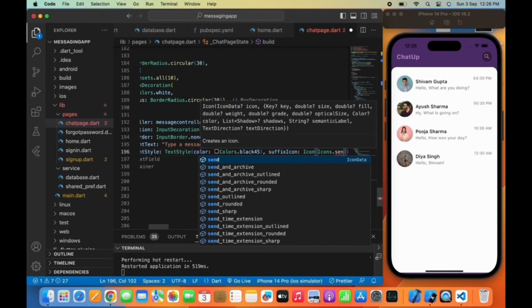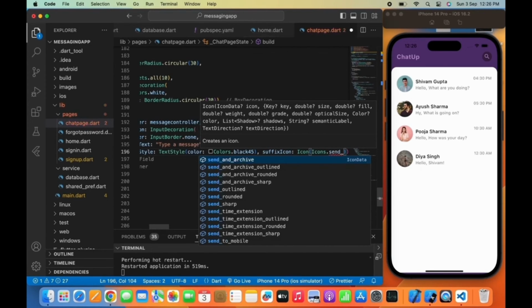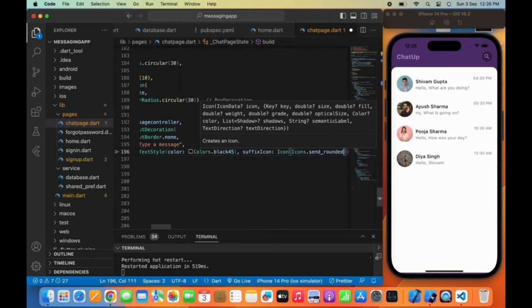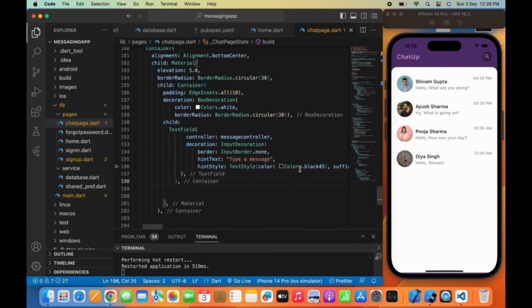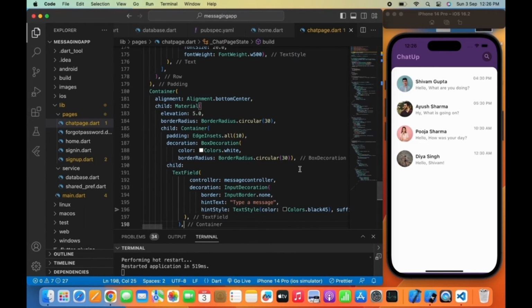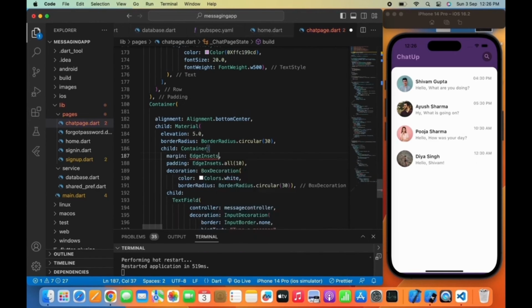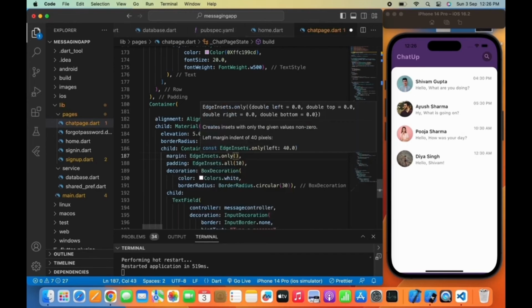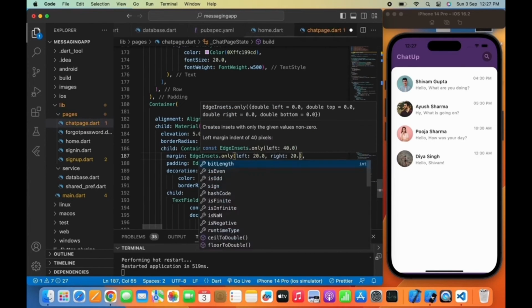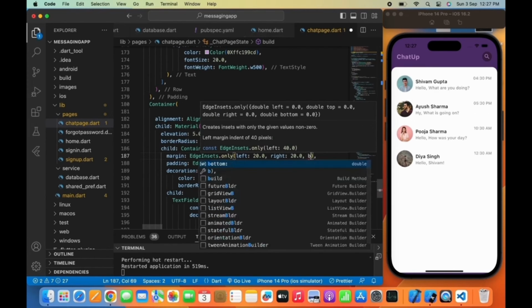So inside the text field, I will write a suffix icon here. Basically, suffix icon is something which shows the icon inside the text field on the right side of the text field. Icons dot send rounded here. We'll provide some margin to the text field. So margin EdgeInsets dot left 20.0, right 20.0, and from the bottom